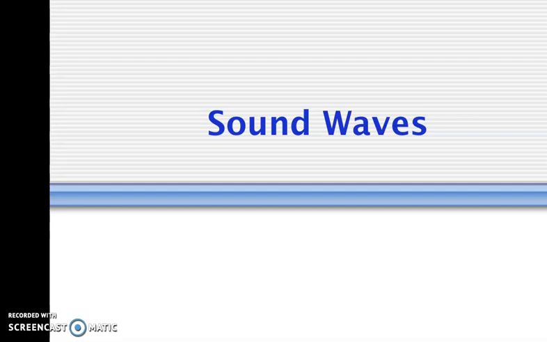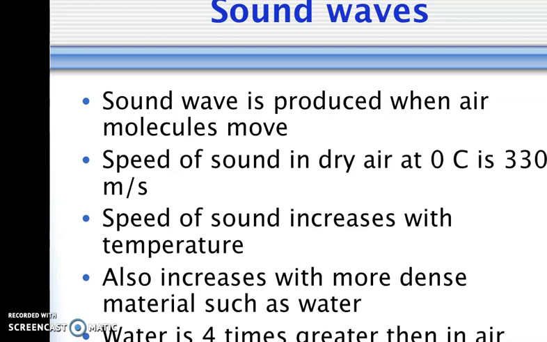Okay, today we're going to be talking about sound waves. A sound wave is a vibration which is produced when air molecules move. Basically, what happens when you speak is your vocal cords vibrate, causing the air particles to vibrate, and then that travels to your ear and other people's ears, and then the eardrums vibrate, and then that's interpreted by your brain